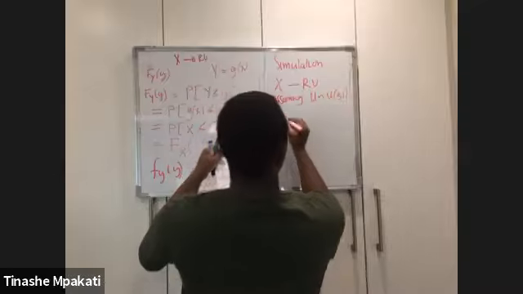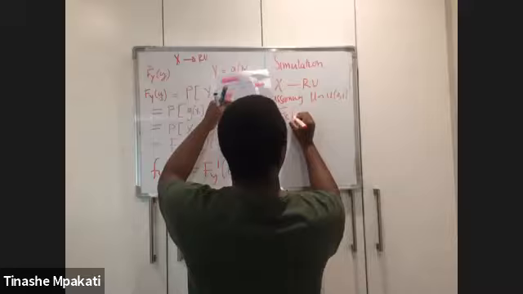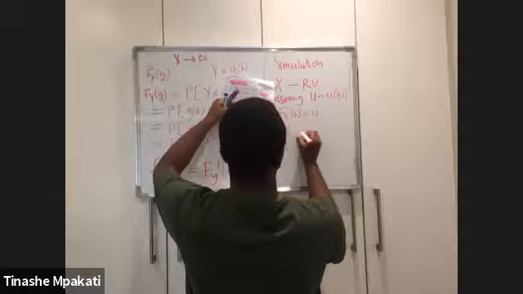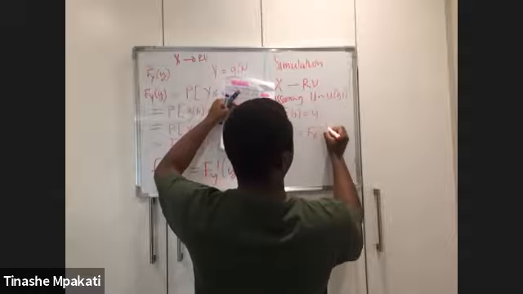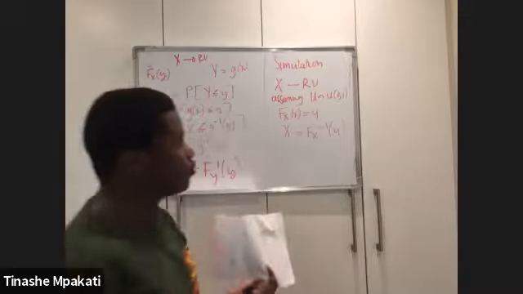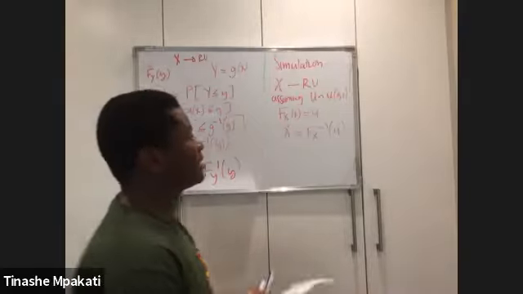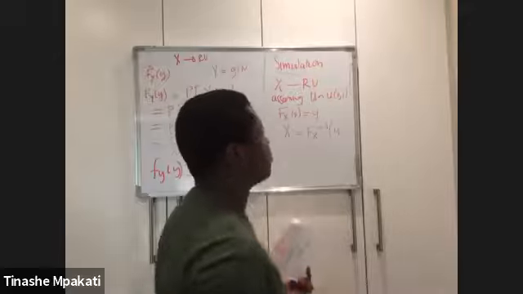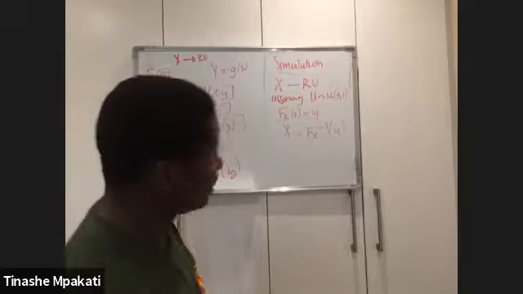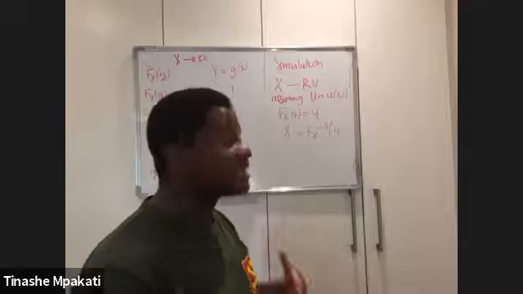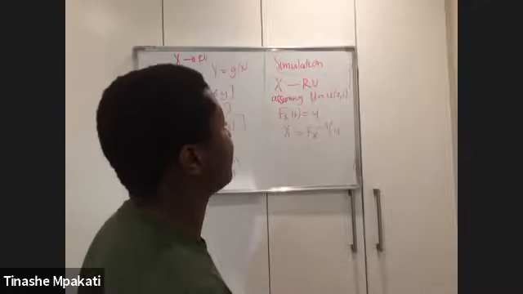Then all you have to do is say your CDF of x being equal to u, and you solve for x so that you get your x being something like this. I will do an example so that it makes more sense. But all this is saying is that when you're talking about simulation, this is definitely going to be in your test, maybe for 3 or 4 marks, where you'll be asked to simulate or generate random realizations of the random variable x, right?